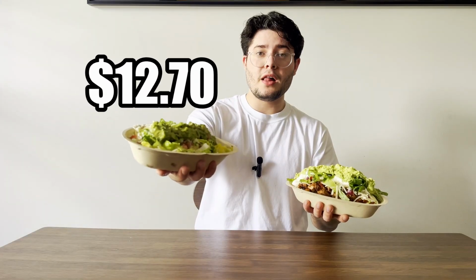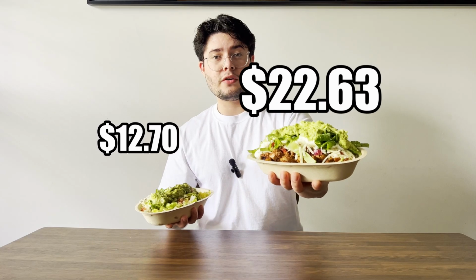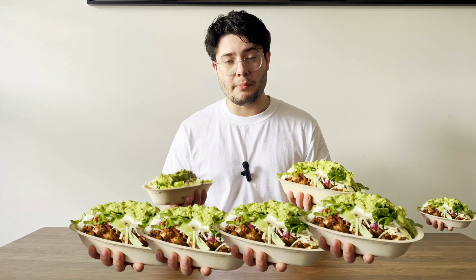This is a $12.70 Chipotle bowl. And this is a $22.63 Chipotle bowl. And no, I didn't lie to you in the thumbnail and title. The $22 is just the price that you'd be paying for all of the ingredients. But all of those ingredients will give you 4, maybe even 5 bowls, bringing the price of each bowl to